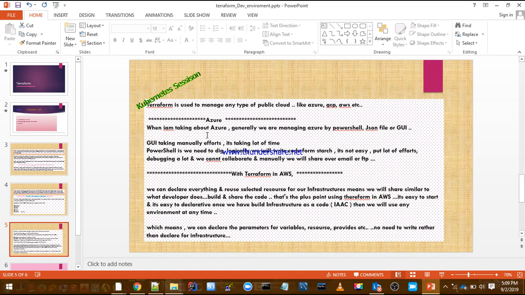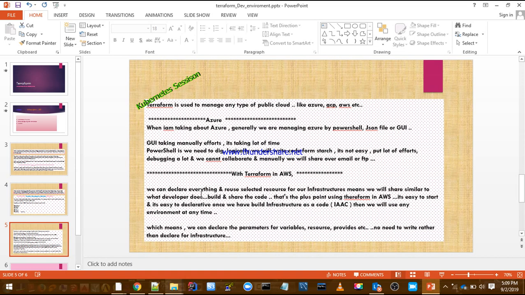So these are the problems, a lot of issues, compared with Terraform. But for those who are familiar with Azure, no need to say anything, because when I'm talking with my colleagues, they are facing a lot of things with Azure, right?